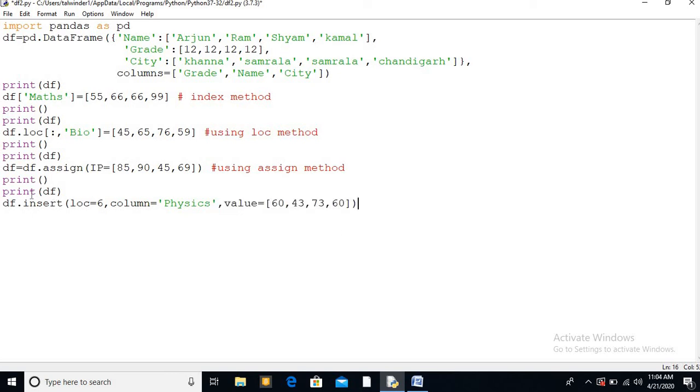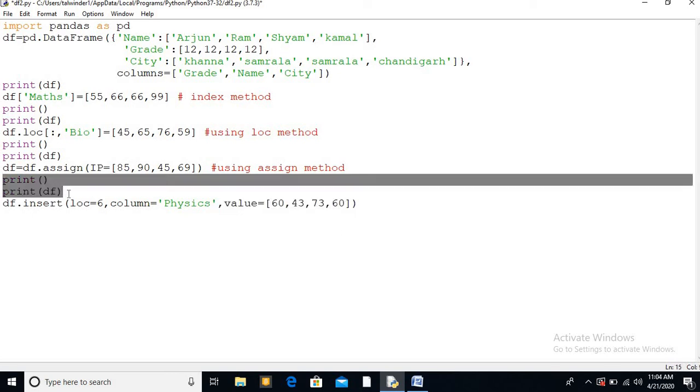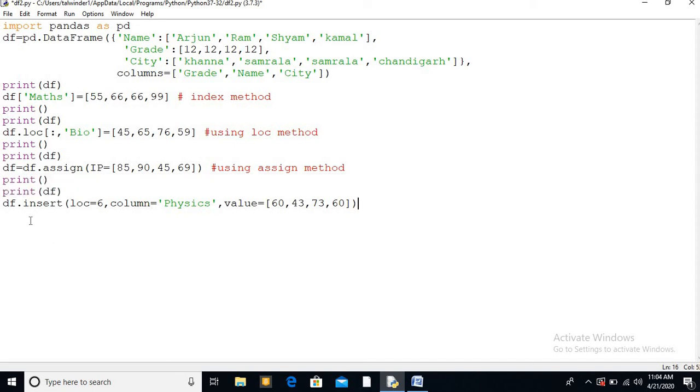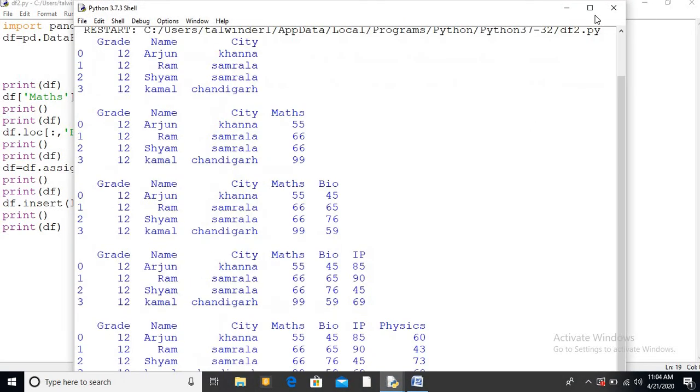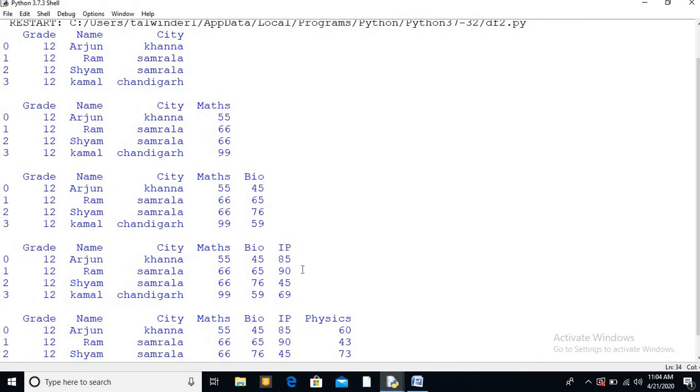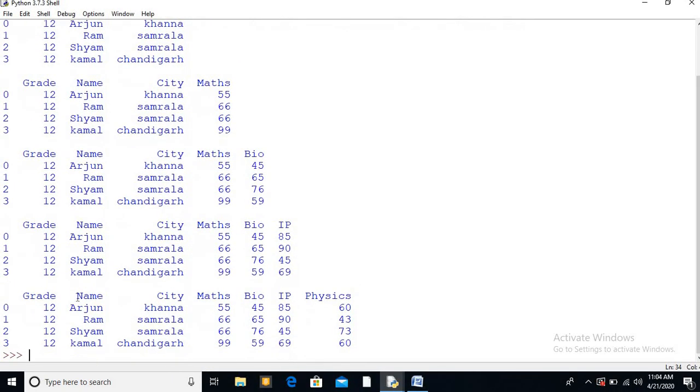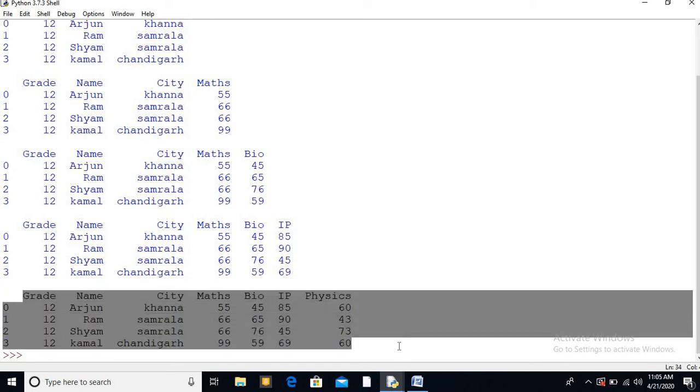Now you see the output. Control C, Control V. Now just you implement this. So here you see the fourth column is added. Sorry, the last one, sixth location पे जो column था वो add कर दिया. मतलब fourth column ही था वो physics जो हमारे accordingly था.